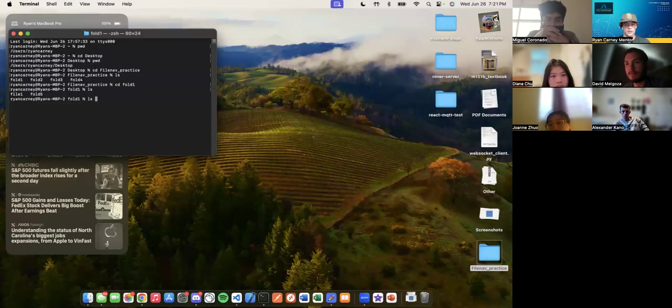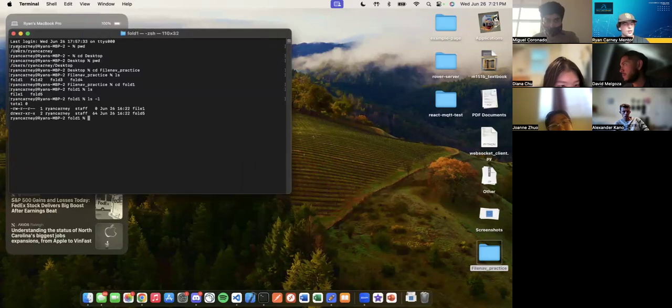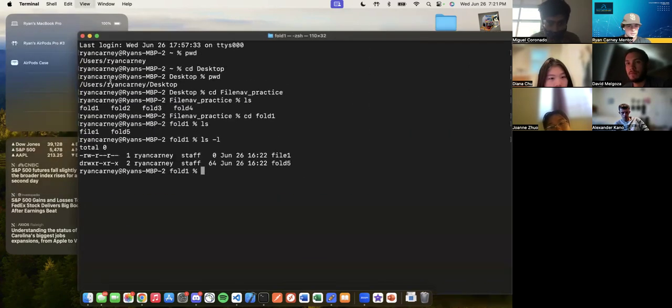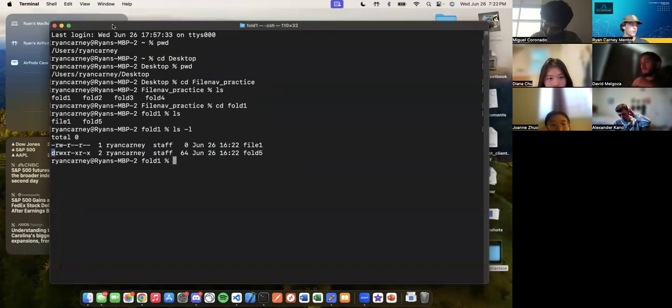Oh, I guess I should show ls -l. Now, this is what you're probably going to see, or something like this, if you're on Windows PowerShell. This just gives you a little bit more data. A lot of this isn't that important. One thing it does tell you that is really easy to recognize is the first character of the line. If it's a dash, it means that this is a file, and if it's a D, it means that it's a directory. So that's just a little bit more information that